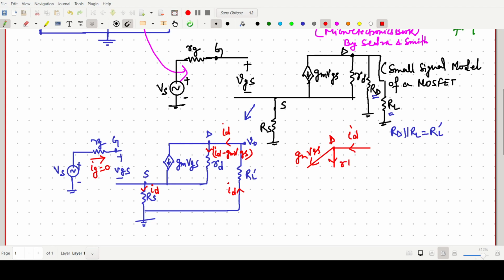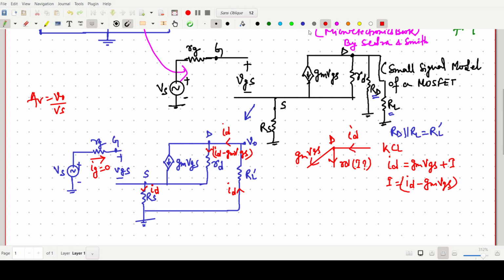Okay, in the RD resistance, how much current? So we have to just use Kirchhoff's current law. Total incoming current ID equals total outgoing gm VGS plus, say, I, capital I, I am writing. So this I is nothing but simply ID minus gm VGS. Okay, it is a very simple concept. So directly we can write this one as ID minus gm VGS. Finally we have to find the gain, V naught by Vs. So before that we have to go through all these processes.